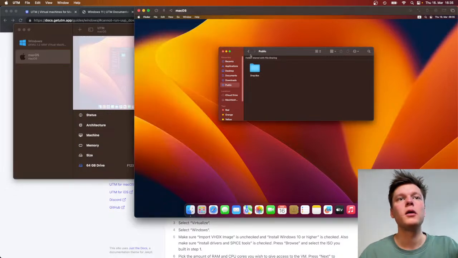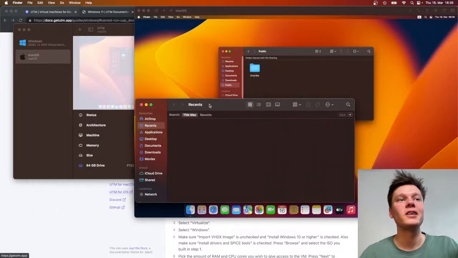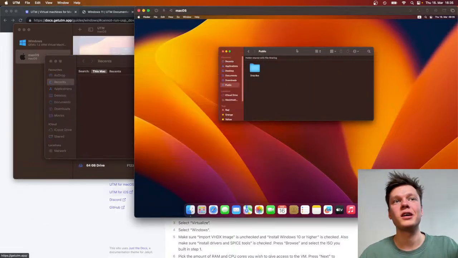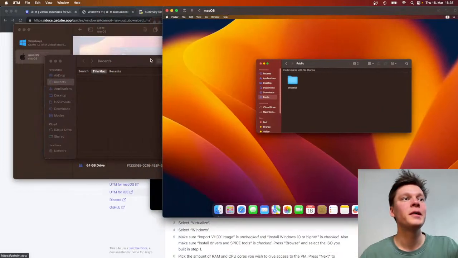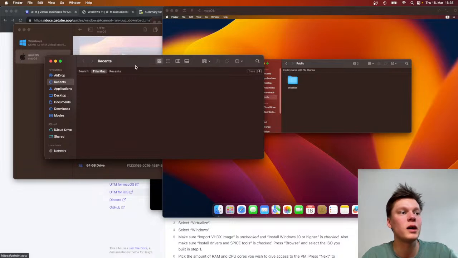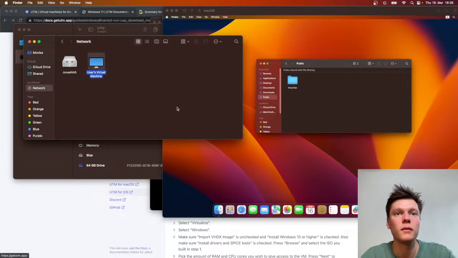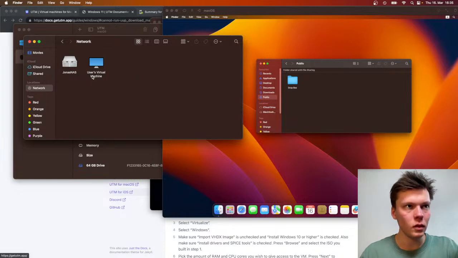Oh yeah, okay. So now the public folder is shared, and what we can do is open, this is a bit confusing, this is a Finder on my host. This is a Finder window in the virtual machine. It's Inception. But what we can do is go to Network, and because the folder is shared over my local network,